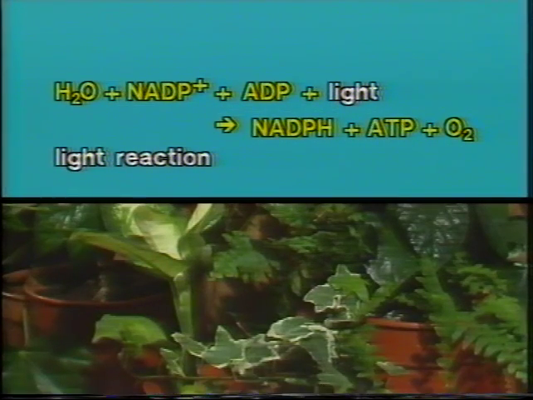Now, the light reaction of photosynthesis is itself quite a complicated process, because the transfer of electrons from water to the coenzyme NADP requires the collaboration of two photosystems, or assemblies of chlorophyll molecules. Light collected by the chlorophyll molecules in one photosystem causes one special chlorophyll molecule to become excited and expel a negatively charged electron. This electron is transferred to the coenzyme NADP,